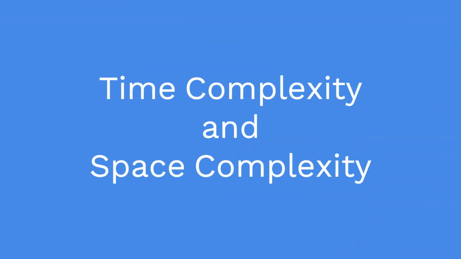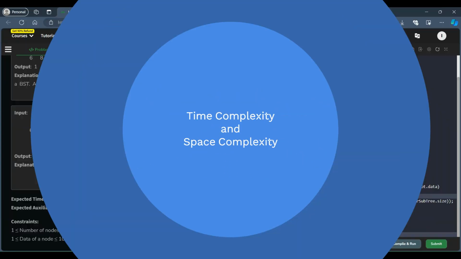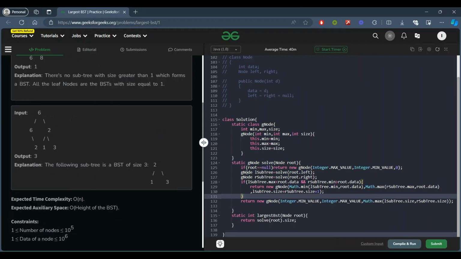Okay. So let's try to understand the space complexity and time complexity here. Basically we are traversing each and every node, so the time complexity will be big O of n only, and auxiliary space will be the height of the BST, because at most we are going till the height or depth of the binary tree given. So its auxiliary space is also big O of height of the binary tree given, right?